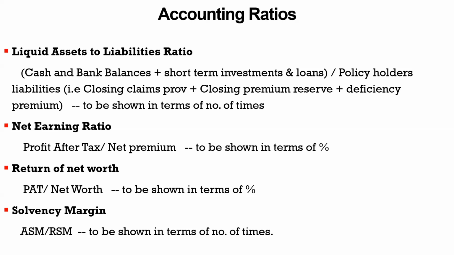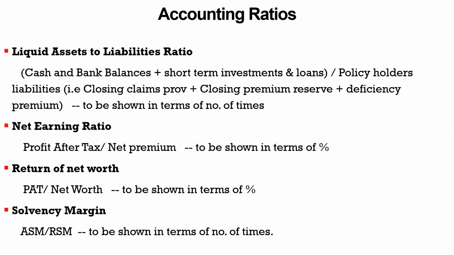Return on net worth is profit after tax divided by net worth. Net worth we have discussed many times. Net worth means share capital plus free reserves. Free reserve does not include notional reserves. See why I am telling you again and again about this notional reserve, because this is very, very important. It may be tricky sometimes. Revaluation reserve and fair value change account are notional reserves which will not be part of the shareholders' fund. It means they will not be part of the net worth. So wherever net worth comes, net worth means share capital plus free reserves. Free reserve does not include revaluation reserve and fair value change account.